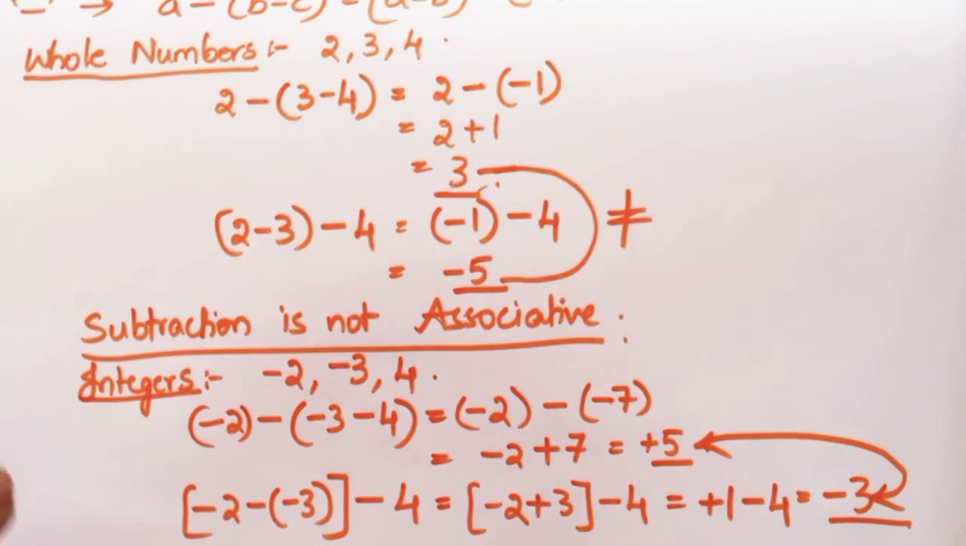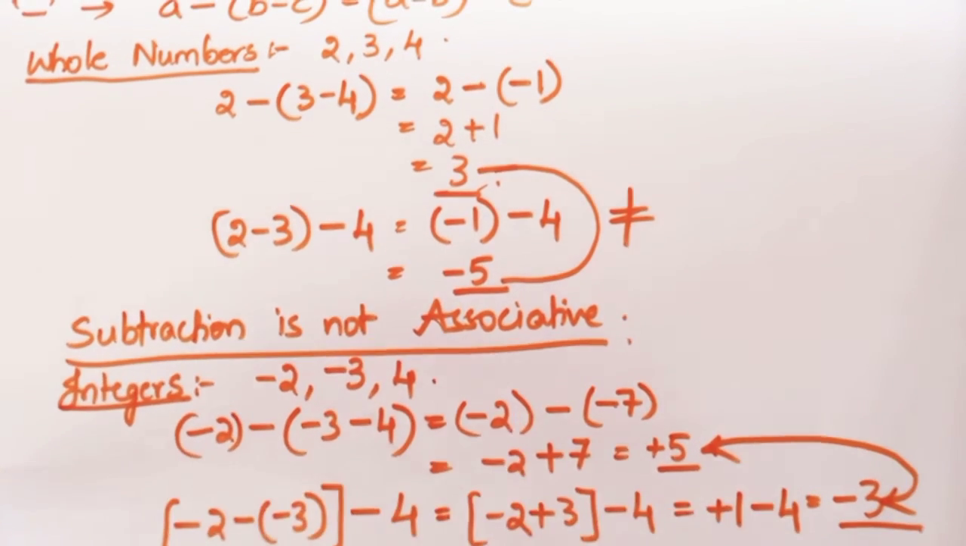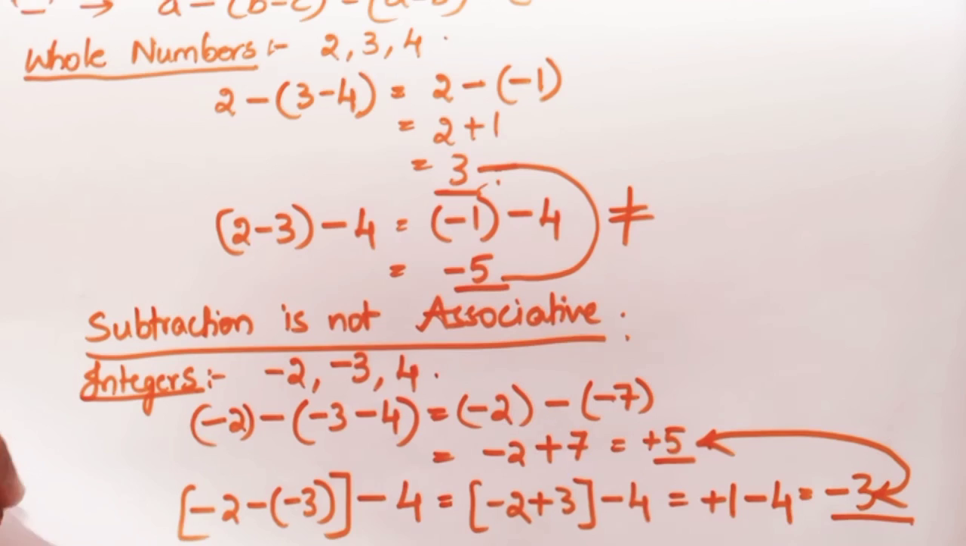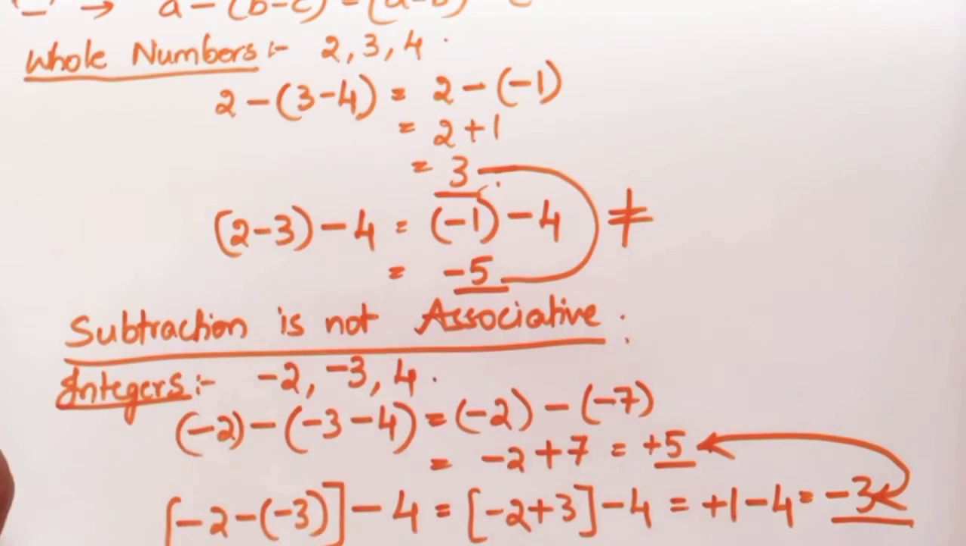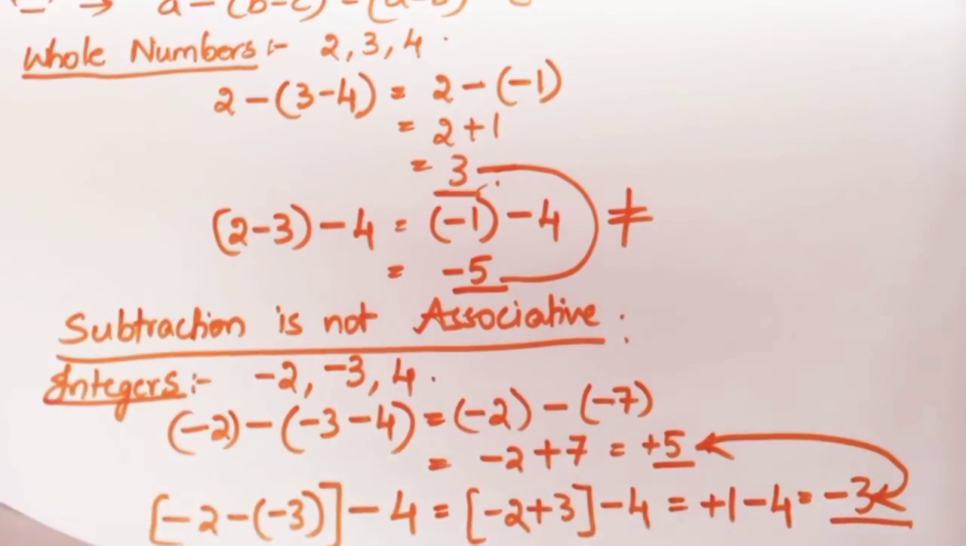With this, we finished checking subtraction with whole numbers, integers. You just check the same with rational numbers also. You will find that subtraction is not associative. Let us move on with the next operator. Our next operator is